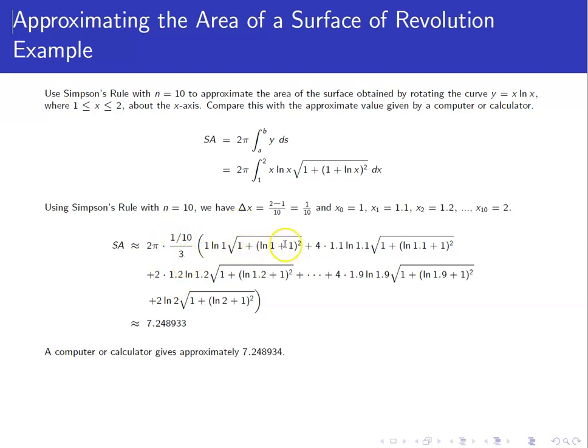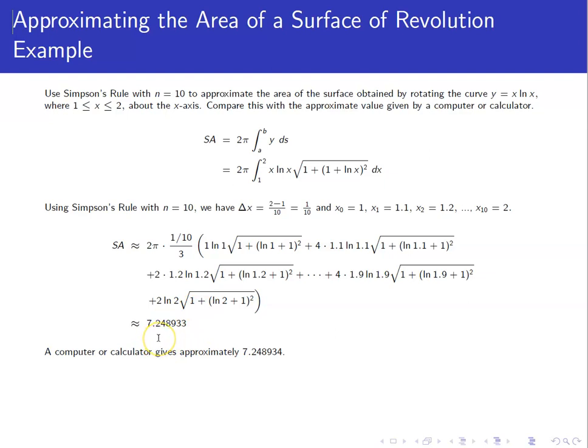We have our function values. That's what all these numbers here are, plugging in those function values. Remember, except for the first and the last one, we multiply by alternating coefficients. So it's 4 times f of 1.1 plus 2 times f of 1.2. The next one will be 4 times f of 1.3 all the way to 4 times f of 1.9. And then we have f of 1 and f of 2 on the ends. Calculating all of that, approximating gives us